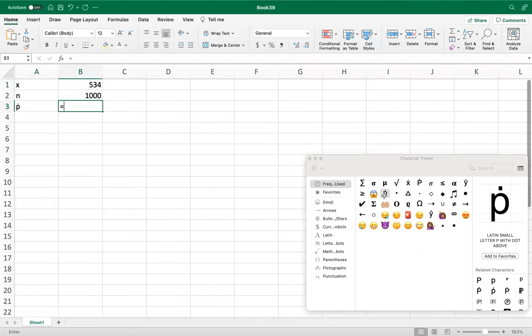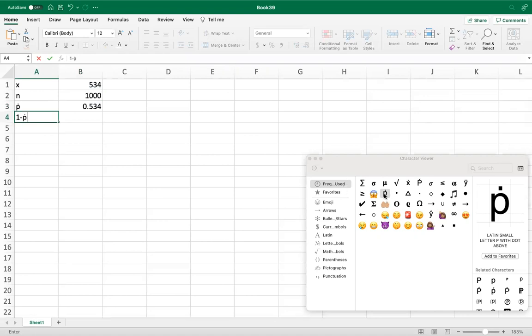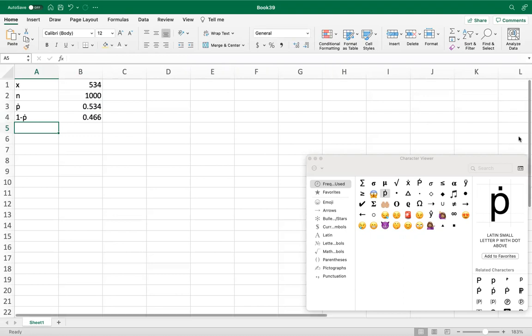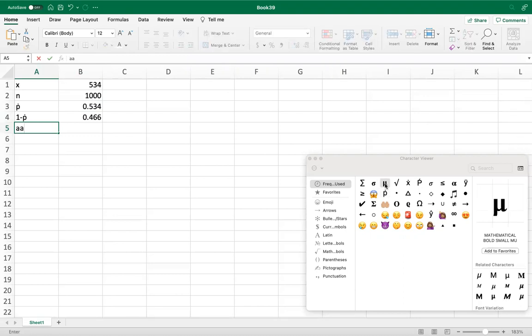p hat is equal to 534 divided by 1,000. That's how we got p hat. Then we could say 1 minus p hat is equal to 1 minus this value here. And now we would say that the mean is equal to p hat, and the standard deviation